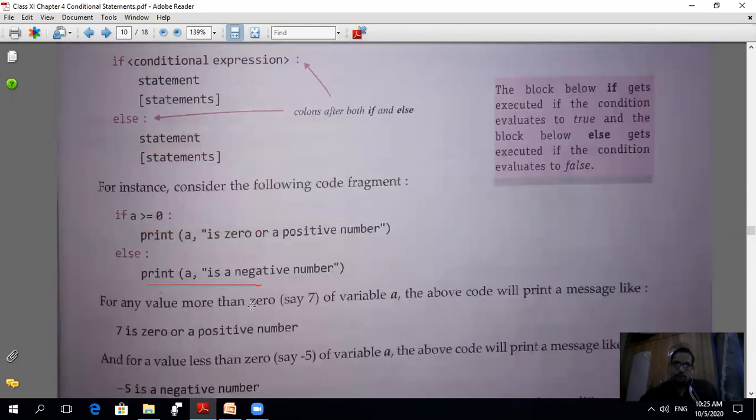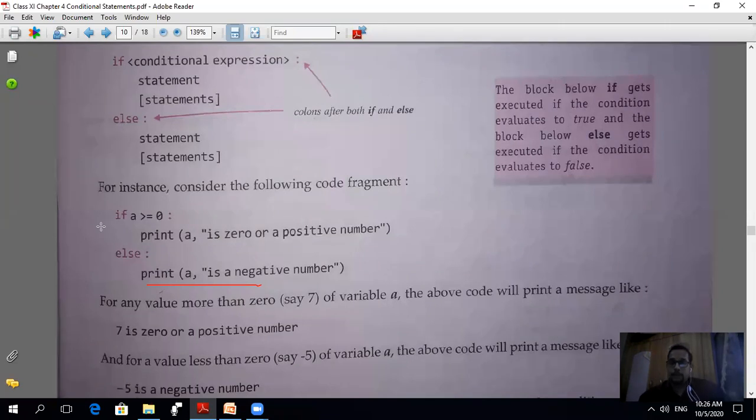Clear? Look here. If a is greater than equals to 0, then a is a 0 or a positive number. Otherwise a is a negative number. Means a is a variable which is used to take a digit or a number from the user. अब number किस में होंगे? Either in positive or in negative form. If it is more than or equals to 0, मान लेते हैं आपने number टाइप किया 1, then this condition is true because the value of a is 1. 1 is greater than equals to 0. Condition true होगी, then it will display a is 0 or a positive number.